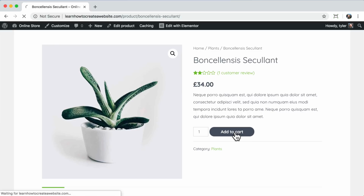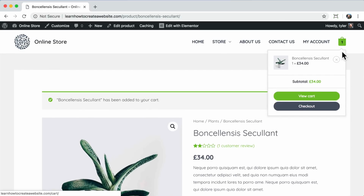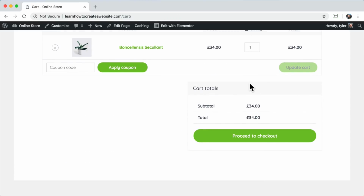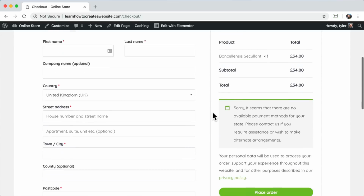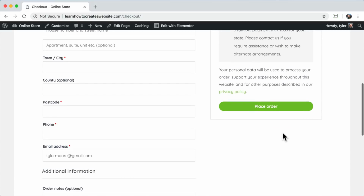We can add to cart. Let's see how that works. And then it added to cart, so it's up here now. And then we can view our cart, either here or here. You can change all these colors and everything, obviously, but we can proceed to checkout. You can even create a coupon if you want to. Right, you could create a coupon and then give your good customers a coupon or email them to lure them in. And yeah, so we haven't set up payment methods, so it's not going to allow us to place an